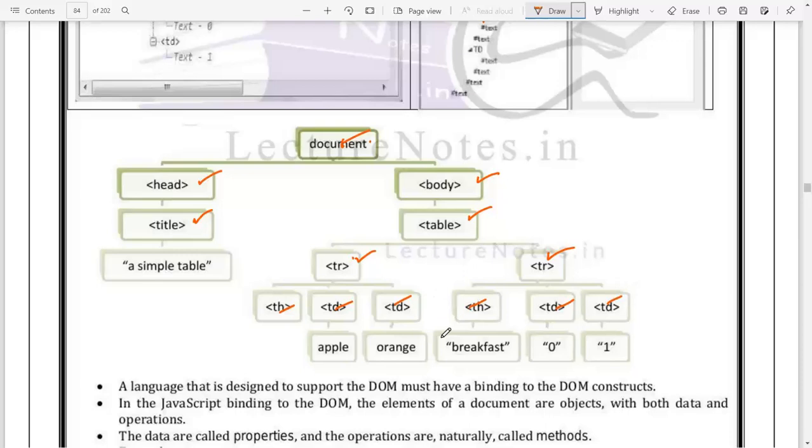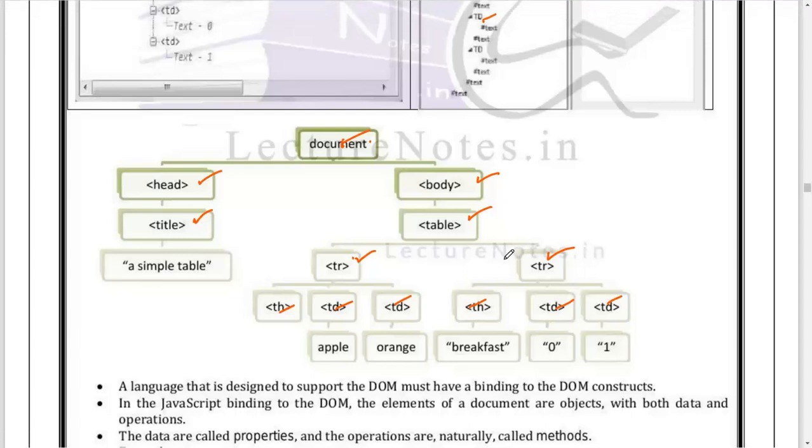So what we have here is the document, which contains the main object called the document object. Under this document object we have the sub elements like the header element, title, body, and table tag. All these elements will be converted into objects based on the requirement.